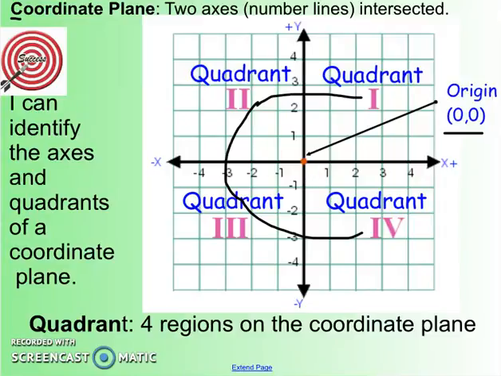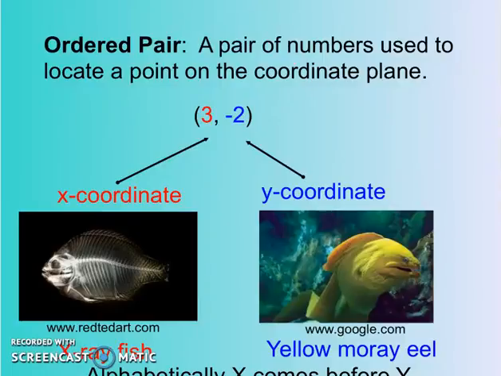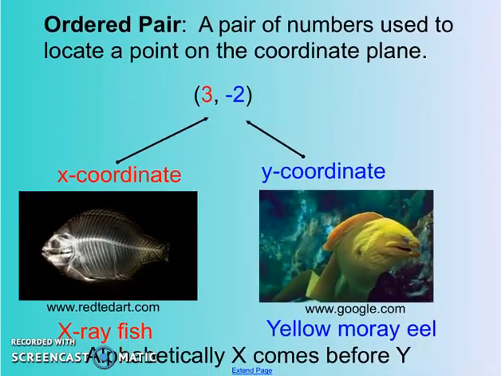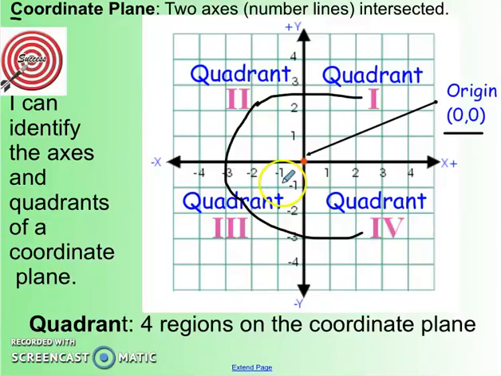Now, on a coordinate plane, I had mentioned that there's coordinates, or we call them ordered pairs. And so here's our next term. An ordered pair is a pair of numbers used to locate a point on a coordinate plane. There's an infinite number of points on this coordinate plane. Do you notice how it is made up of a line, and lines, remember, go infinitely in both directions. So that means I could extend this coordinate plane in the positive direction infinitely, and I could extend it negatively,